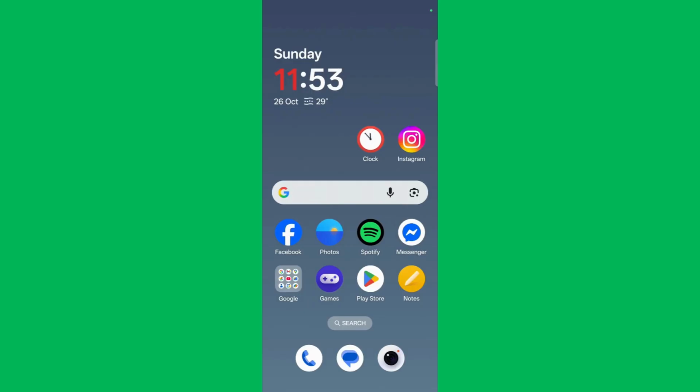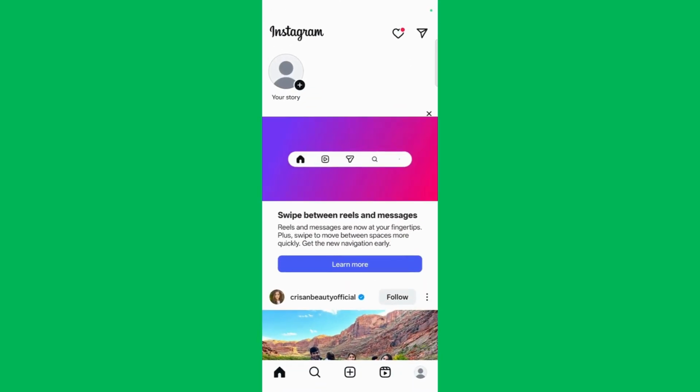How to change your Instagram password. So hey guys, welcome to this tutorial. In this tutorial I'll be guiding you through the steps on how you can change the password of your Instagram account. Now in order to change the password of your Instagram account, first simply tap and open the Instagram application,